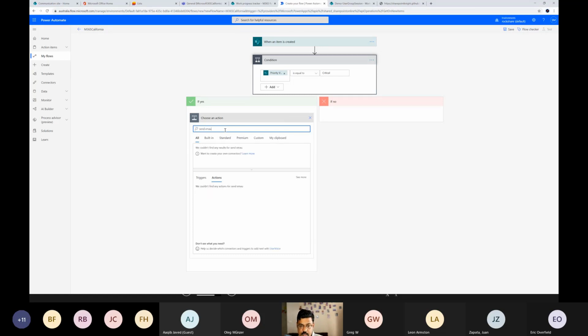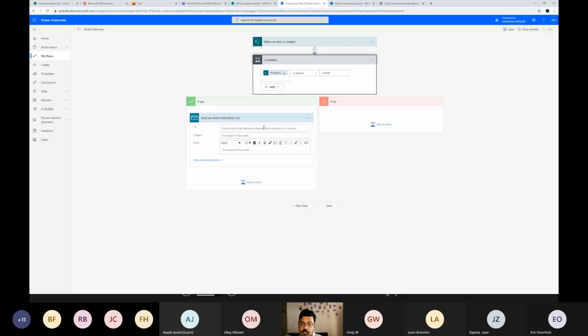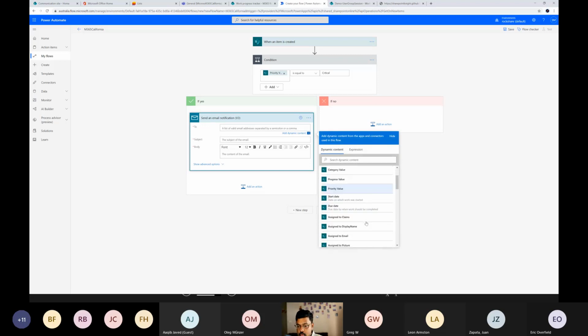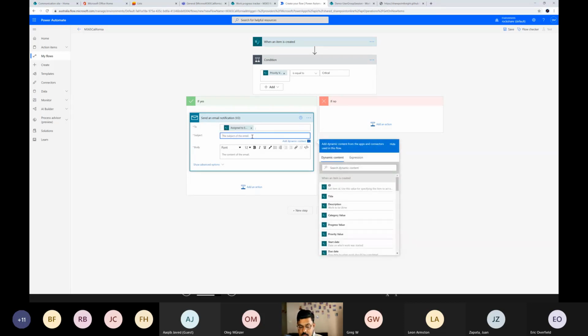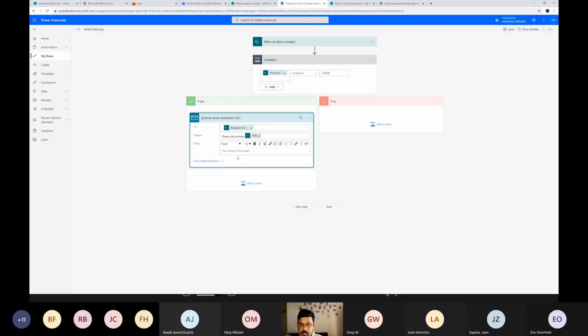and what I will do is send an email. Send an email notification. So I'll send it to the assigned to email and say please start working, and I'll just put in the title, the item title, and say please start